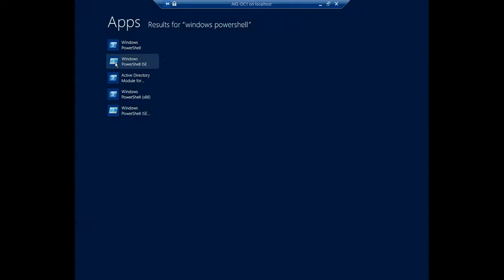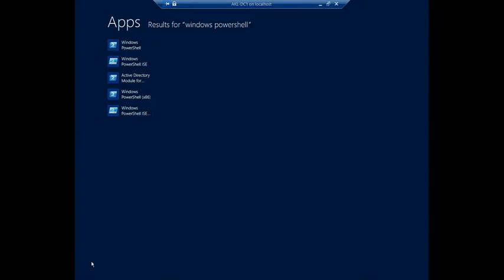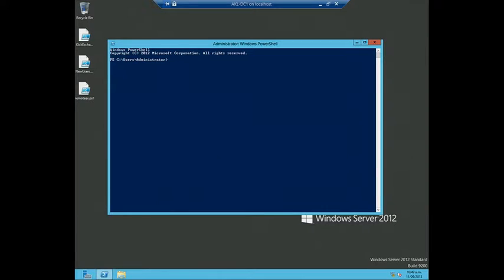First things first, if you're doing a lot of work with management, you are going to want to take this PowerShell ISE and, at a bare minimum, pin it to your start bar. Or more likely, what I tend to do is pin it on my desktop.